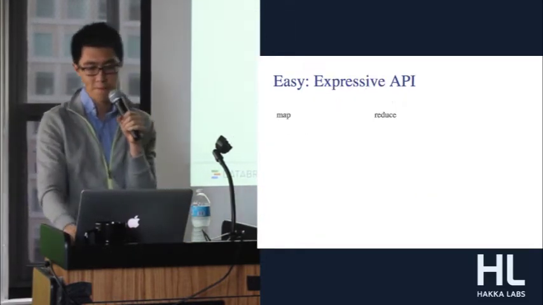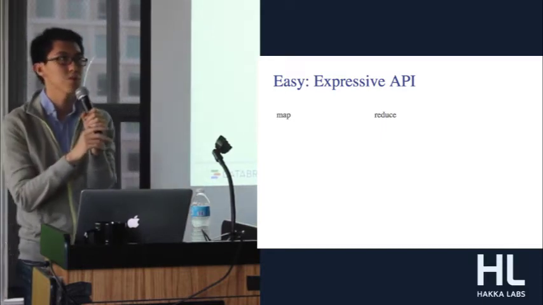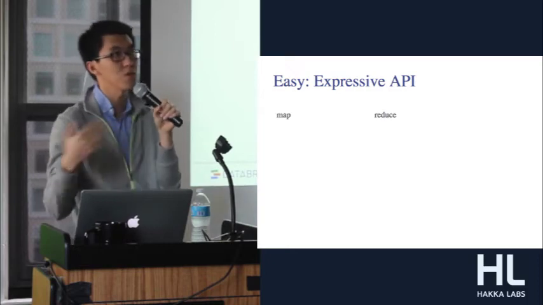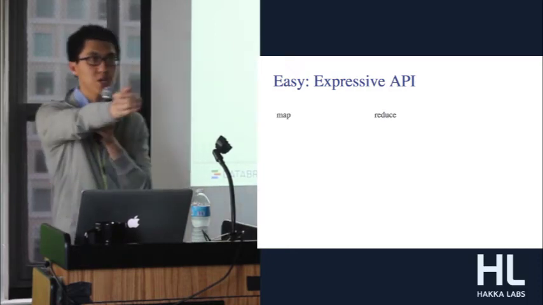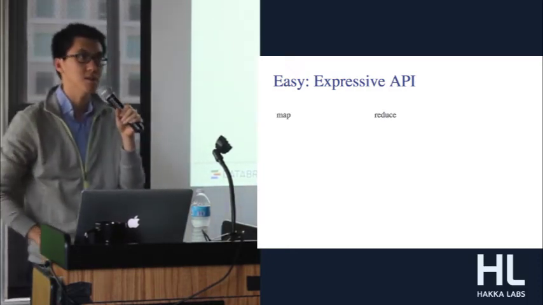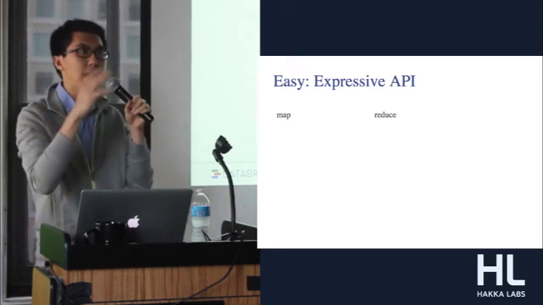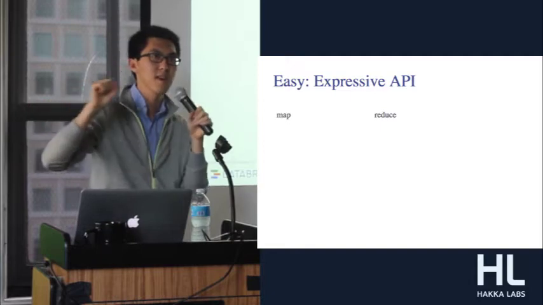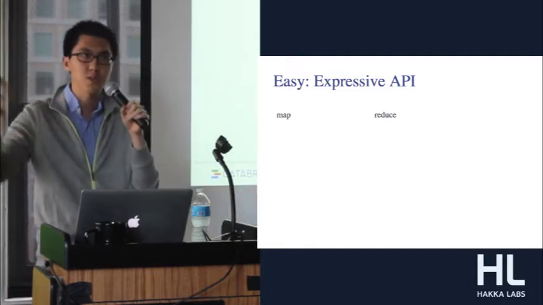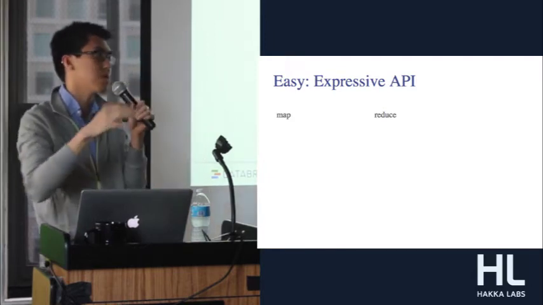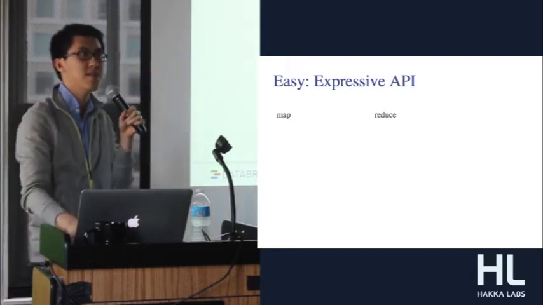If you think about what Hadoop MapReduce gives you, it gives you a very low-level programming abstraction called map and reduce. And this is actually not very natural to program, because often your data analysis pipeline doesn't really map to just map and reduce. For example, sometimes it's joining data sets, sometimes maybe you're doing sampling. Even though you could probably use map and reduce to express all of those things, it's fairly